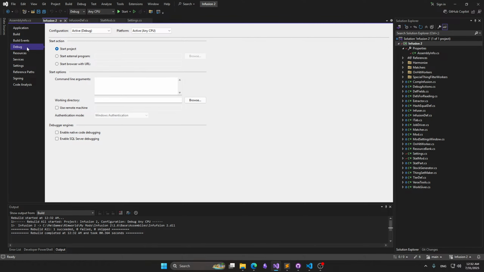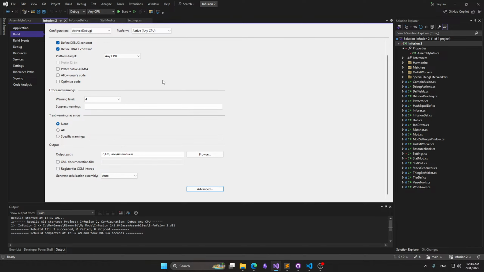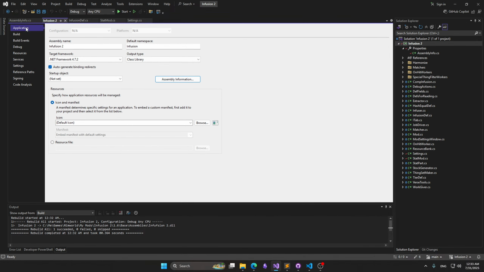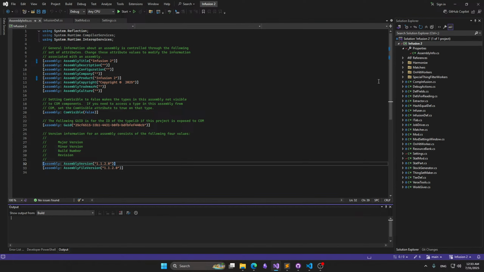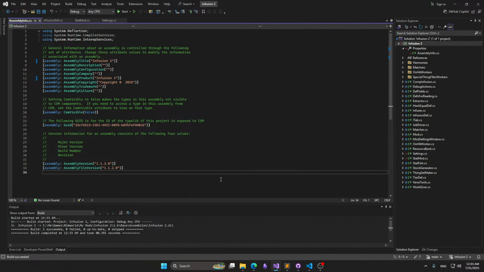No. No. Start project. Build event. No. Any CPU. That is all okay. Build is a folder. Advanced is fine. Ah, mate. Okay, well, we fixed one thing. There we go. Okay. Now,